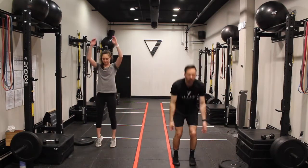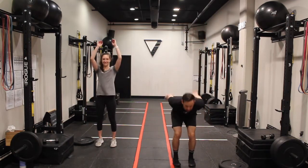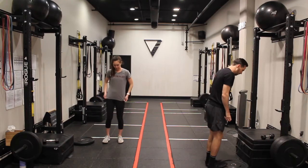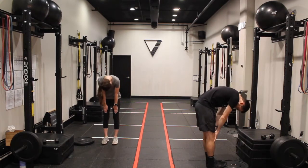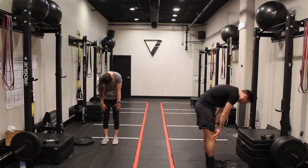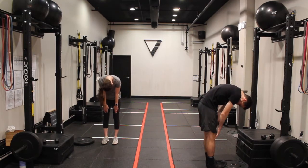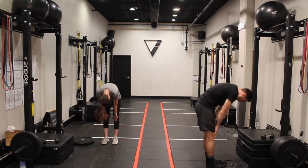Good work. 5 more seconds here. 3, 2, 1. And we'll go back to the top with the Jefferson curl. So again, you can elevate those toes, tuck the chin to the chest, roll the shoulders forward, and down. Feel the glutes and the hammies lengthening. Coming back up, you should also feel it in your calves. Tuck the chin to the chest, have the top of your head aimed right in between your toes, and then